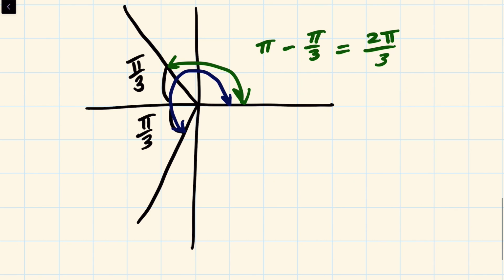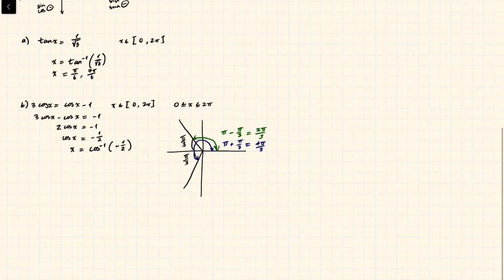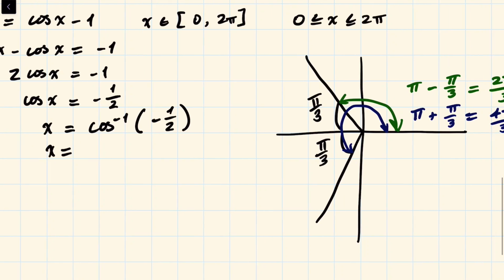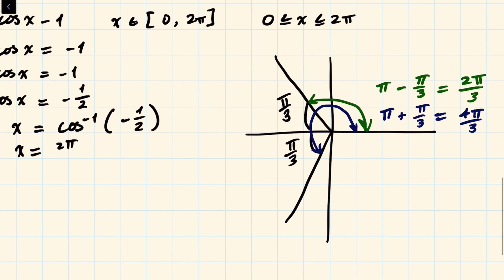And then for this blue one, we're going to have pi, and that's pi over 3, and we're finding the whole thing. So we know we're going to be adding pi plus pi over 3, which is 4 pi over 3. Right, so now we know x is equal to 2 pi over 3 and 4 pi over 3 within that